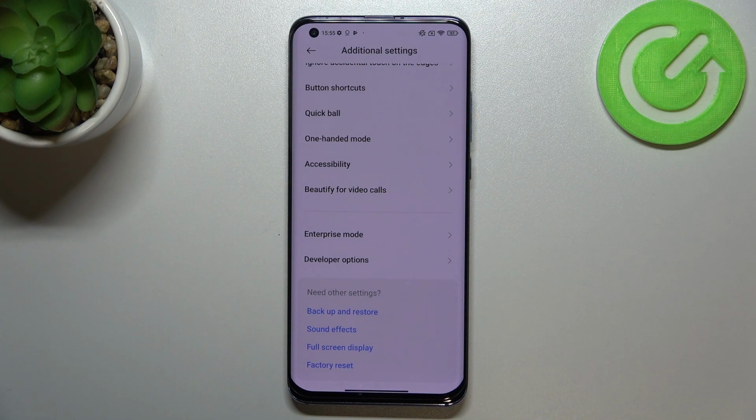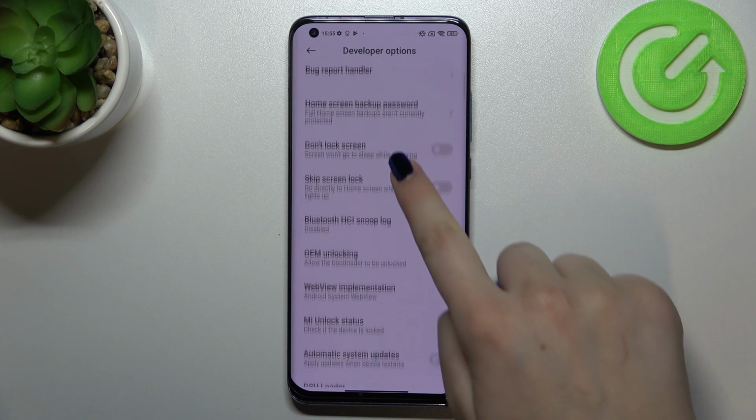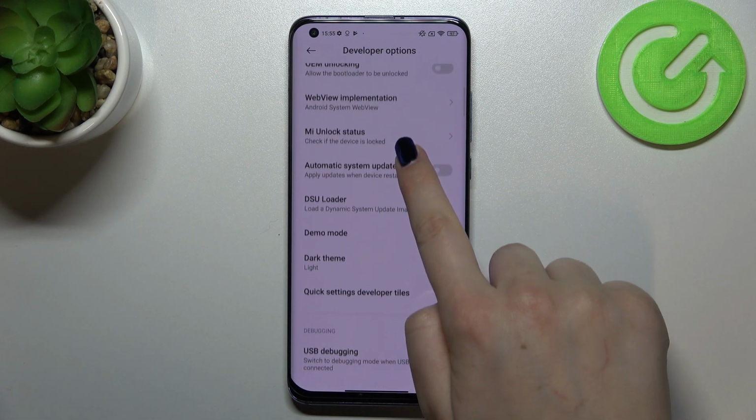So you just have to go to About the phone, find the MIUI version, keep tapping on it, and then you will unlock the developer options. But if you do not feel so sure about my explanation, just check our tutorial of how to enable the developer options and come back to this video. So let's enter the developer options, and here all we have to do is to simply swipe a little bit